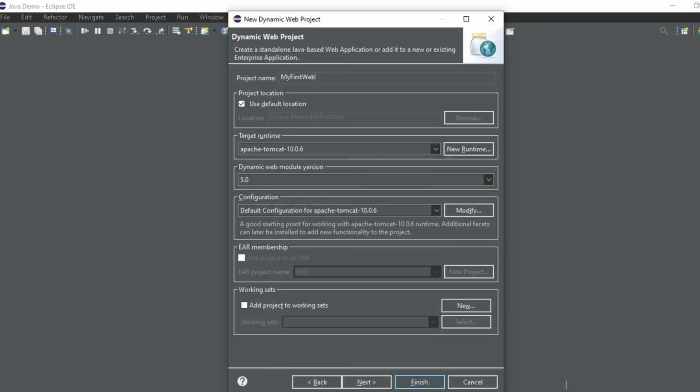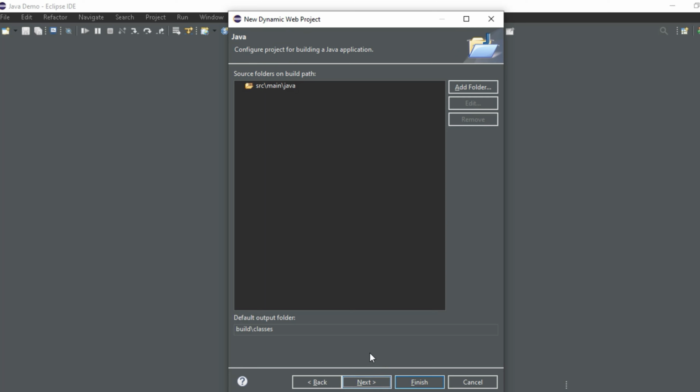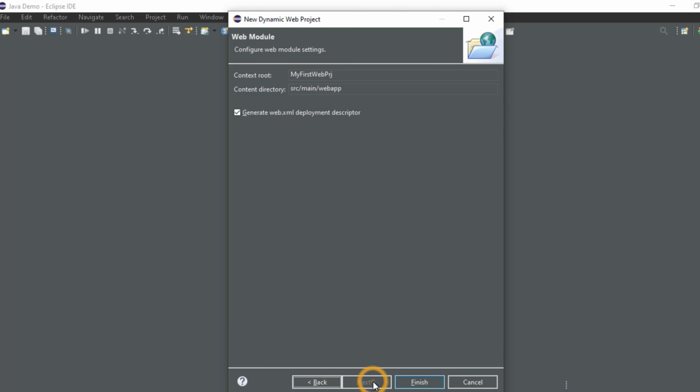So now I'm giving the name as my first web project. You can give any name, and then let me click on this Next button. You all can see target runtime, that is nothing but Apache 10.0.6, that is what we set just now. And then click on Next button, and here you don't have to do anything. You can click on Next button, and now it is showing me context root, which is nothing but my project